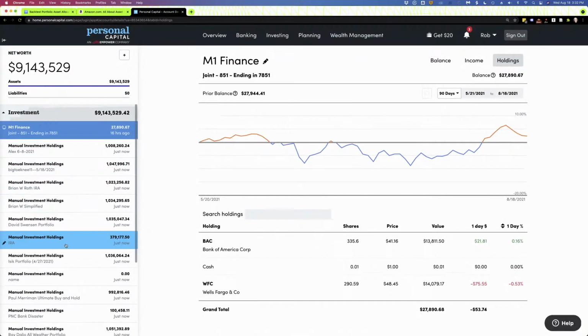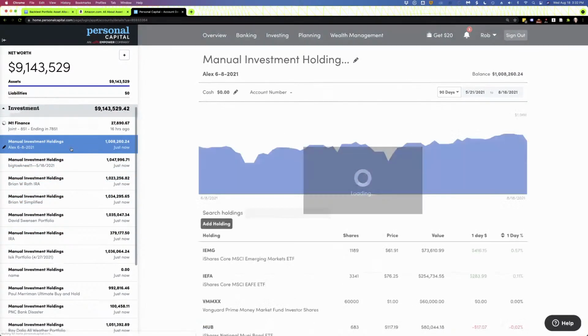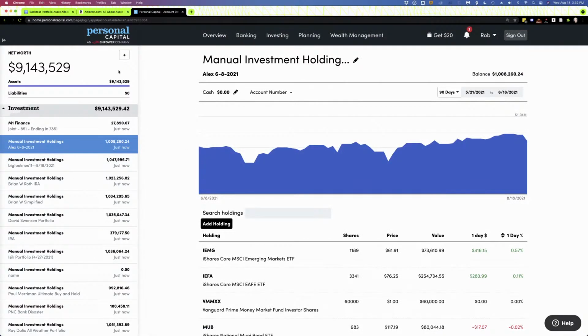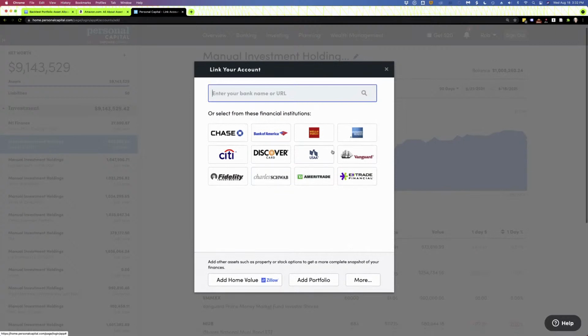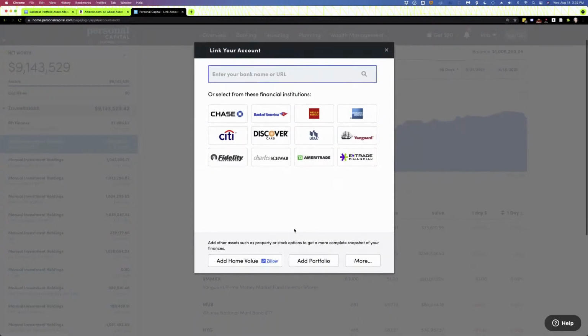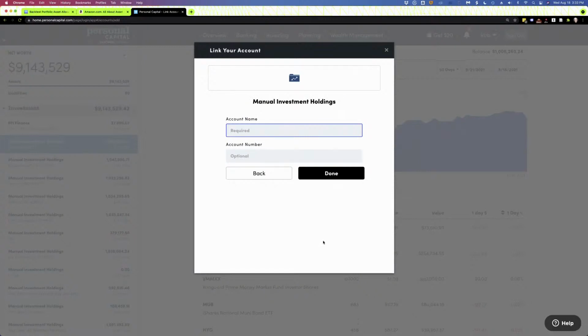All the others are manual, right? And so the way you do it is you hit this little plus button, and instead of clicking on, let's say you have an account at Vanguard, right? You'd click this if you wanted to link your account. But what you can do instead is click Add a Portfolio,